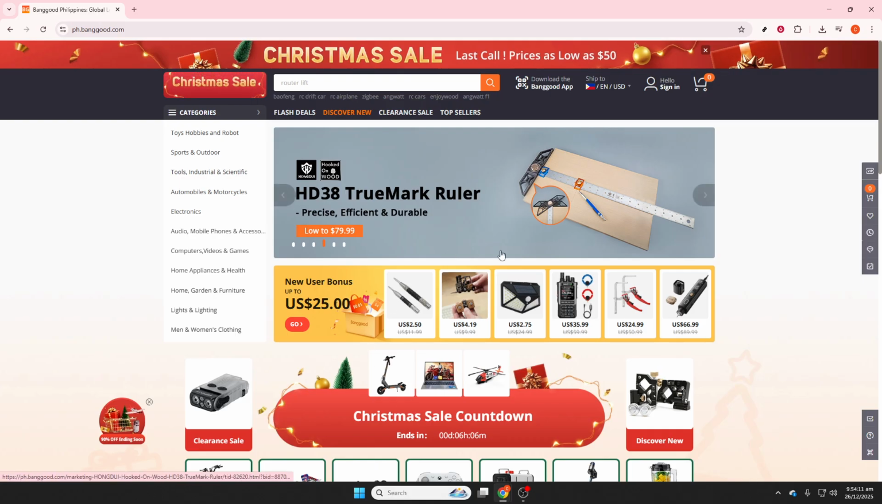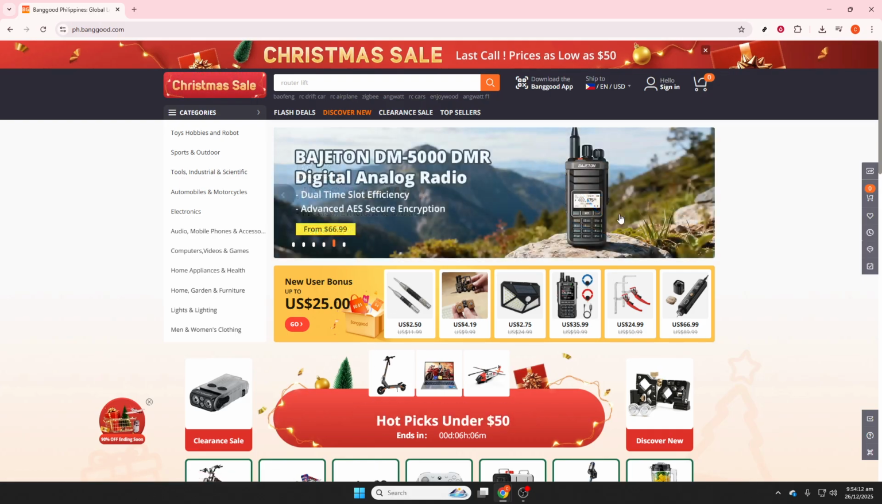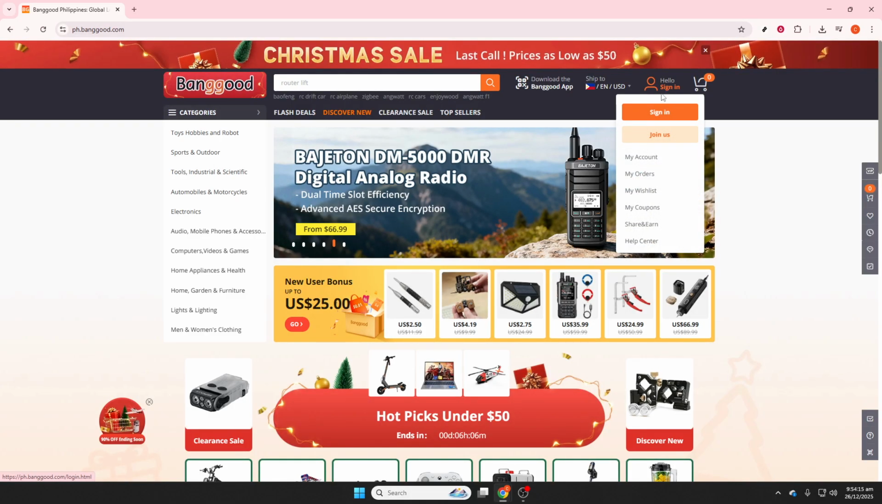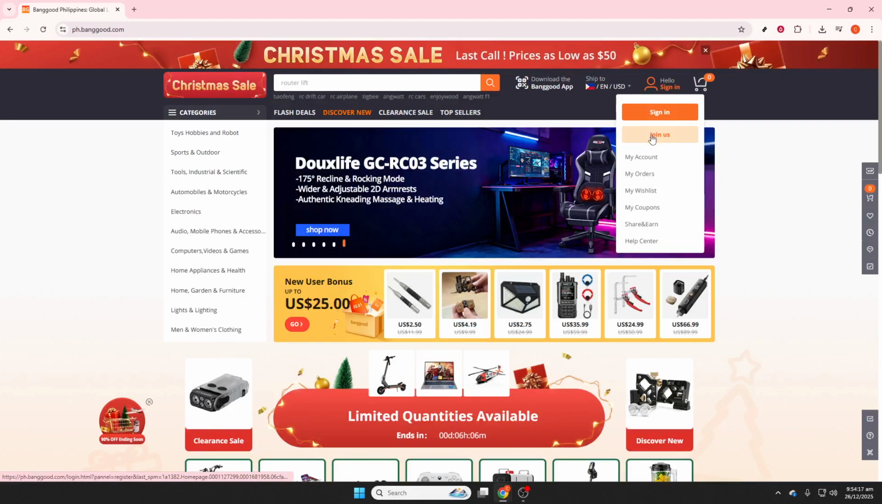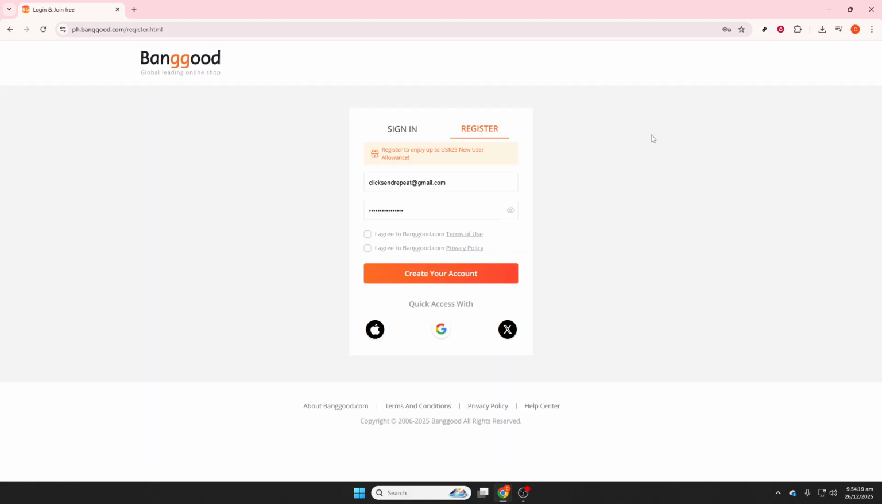Once the homepage loads, look toward the top right corner of the screen. You'll see options for sign in and register. Click that area to open the account panel, then choose Register. Banggood gives you a few ways to sign up. You can register using your email address, or you can continue with a Google or Facebook account if you prefer